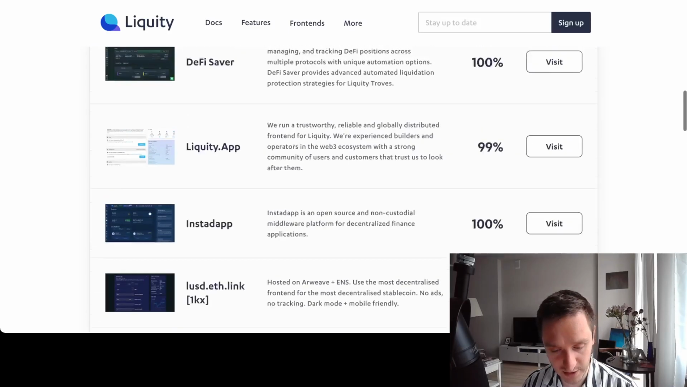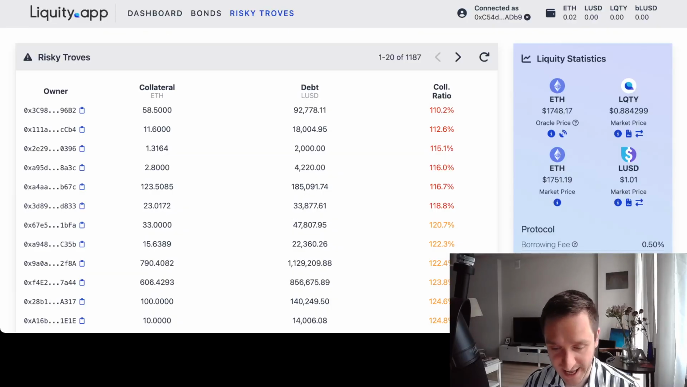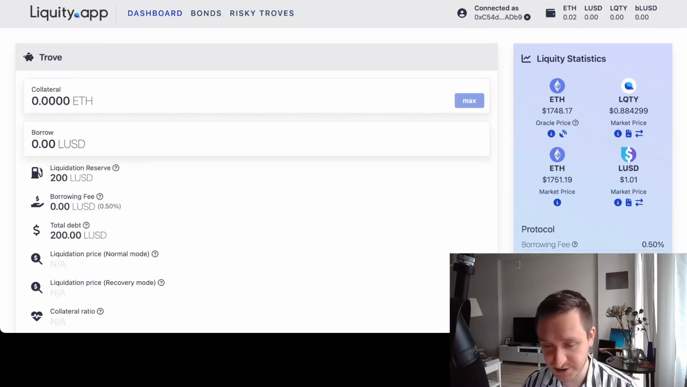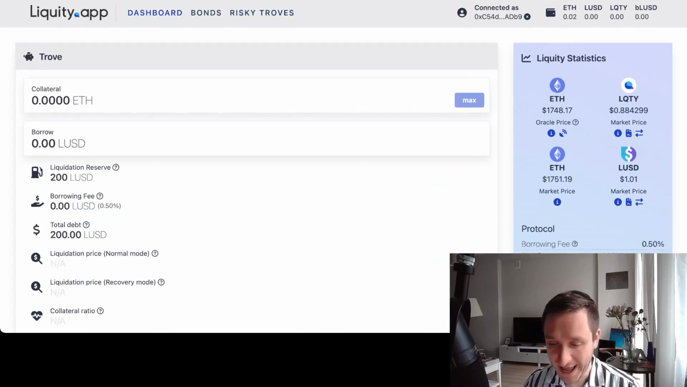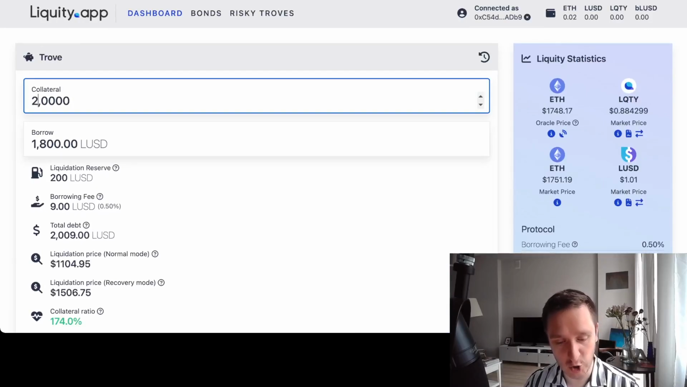For example, we can go with the Liquity app here, one of the most popular, and you will be able to see the platform itself. Go to the dashboard, connect your wallet if you want to, and you will have to open collateral. So for example, if I were to take collateral of 2 ETH and borrow 118 LUSD, I will